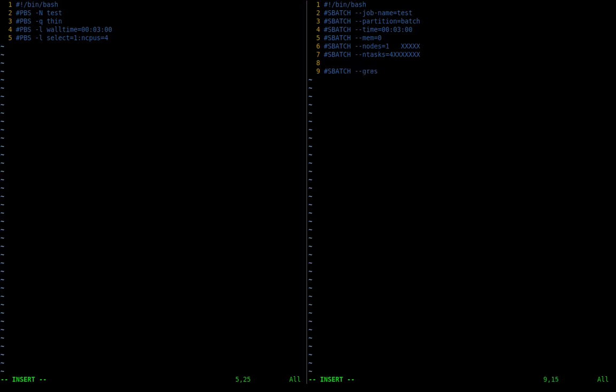#SBATCH --gres=gpu:4. So I'm requesting 4 GPUs. And then #SBATCH --constraint=V100. So what I'm requesting is the type of GPU that is V100, a Tesla. I'm not going to run that because my script demonstration does not require GPUs, but this is just the code to show you that if you want to request GPUs for machine learning, for example, this is how to do